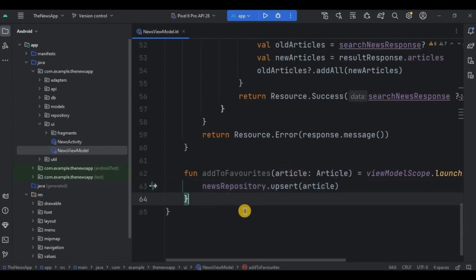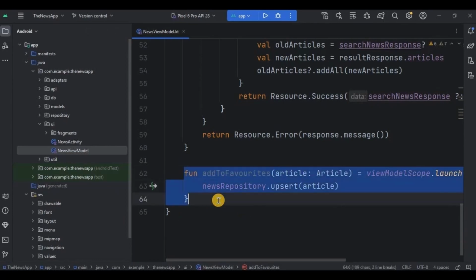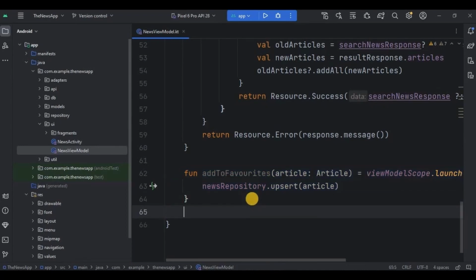And done. This function takes an article as a parameter, representing the article to be added to favorites. Then viewModelScope.launch is a coroutine builder used within a ViewModel to launch a coroutine that is automatically cancelled when the ViewModel is cleared or destroyed. Basically, it helps to manage the coroutine lifecycle. Then lastly, I have called a function upsert on news repository that will update or insert an